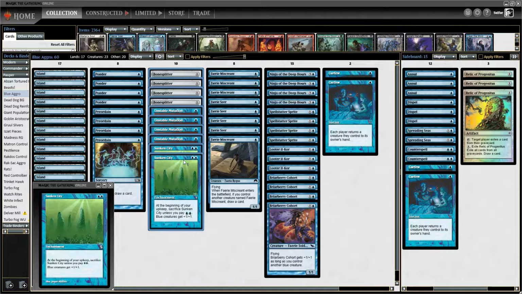We've also got 2 copies of Sunken City. You don't want to see this all the time, so it feels pretty good as a 2 of. 2 blue mana. You have to pay 2 blue at each of your upkeeps, or else you have to sacrifice it, but it gives all blue creatures +1/+1. You do have to be careful because it does pump up your opponent's creatures, but generally we're going to be a little bit more aggressive than most blue decks, so this should turn out in our favor anyways,